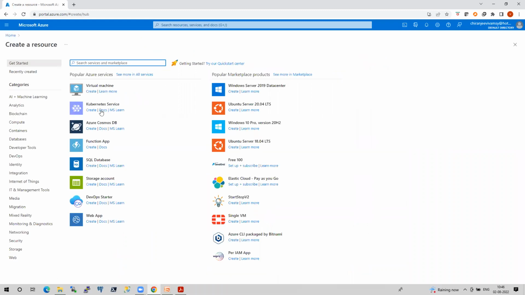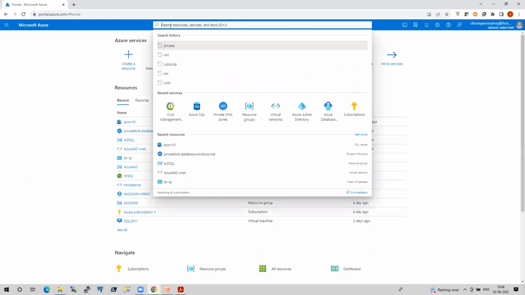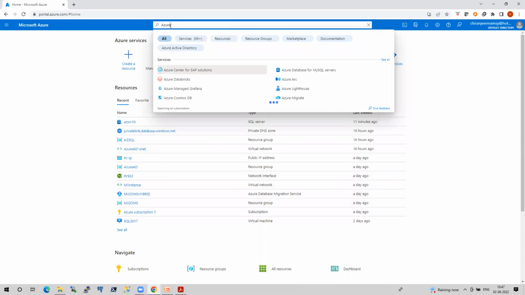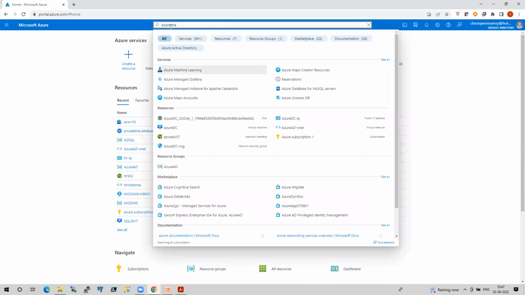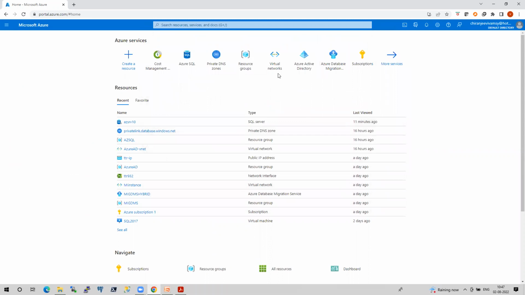Let's go to home and create our first MI. I can do this myself, but I thought of showing this with you so that it will be exciting. It is an exciting thing for me, so I just wanted to show you that excitement. Azure Managed Instance, right? Okay, let's create it like this. I wanted to show you one small thing.